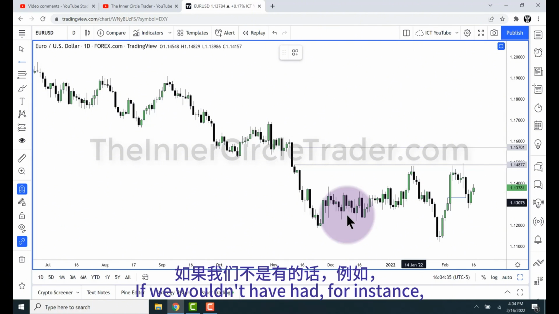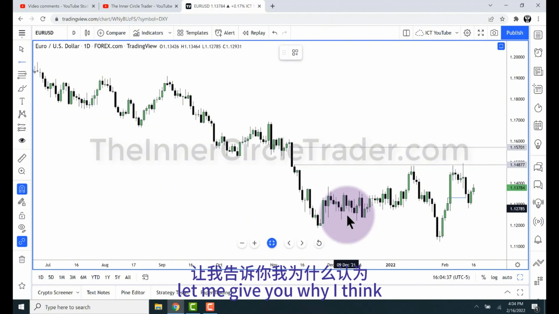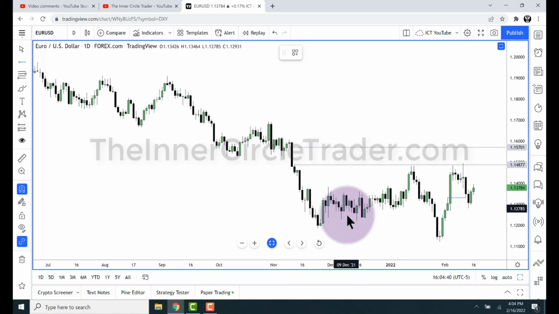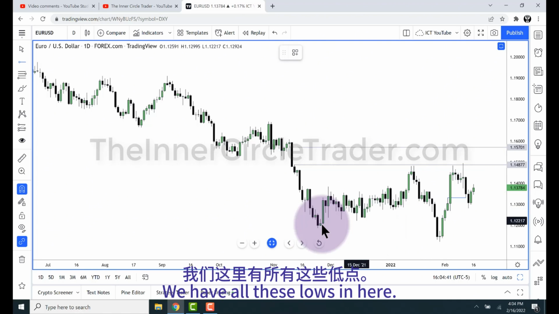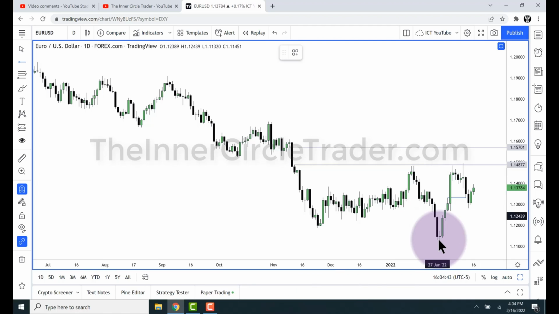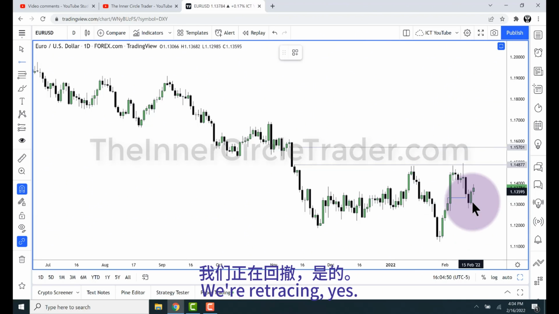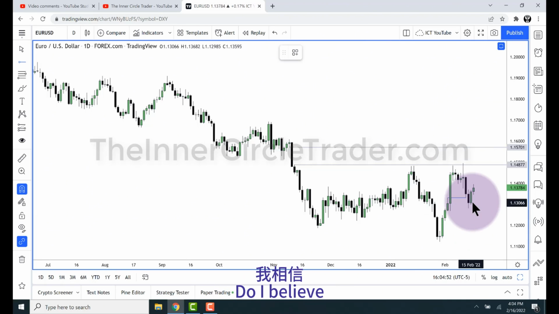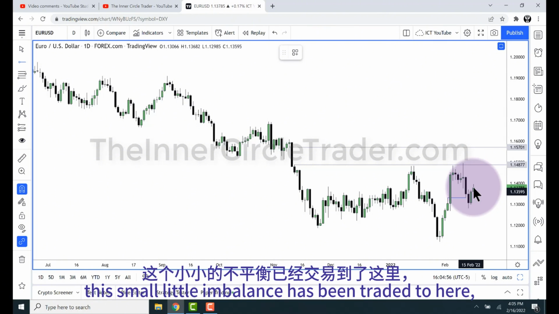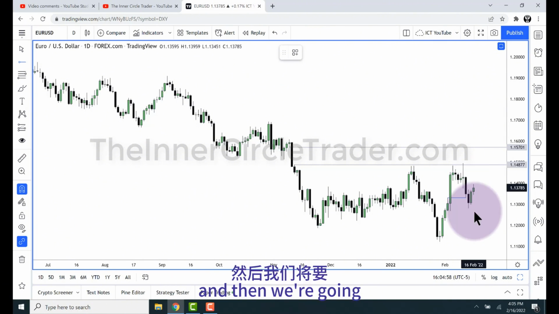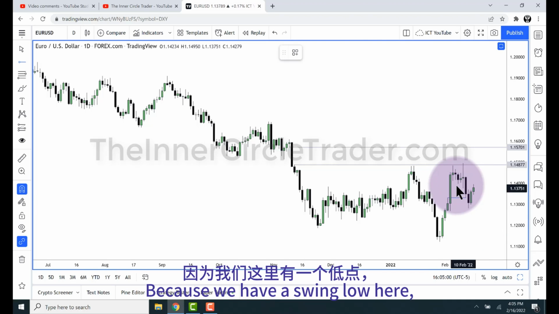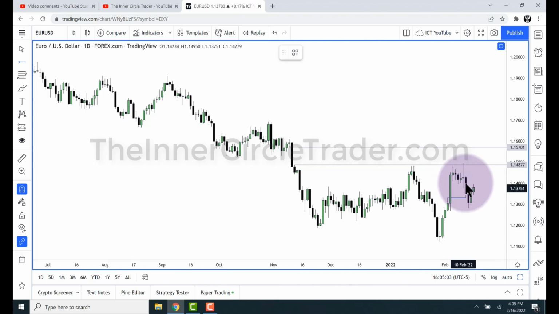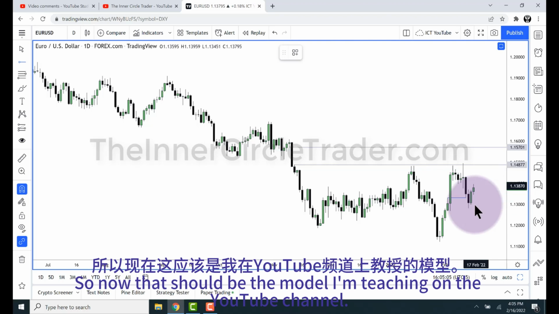Let me give you why I think it's going to go higher. We have all these lows in here. We had this run down, then we completely came back above and took out this high. We're retracing, yes. Do I believe that this small little imbalance has been traded to here, and then we went low, and we're going to go lower because of that? We have a swing low here, it broke it, and then we had the fair value gap, it's returning back in,